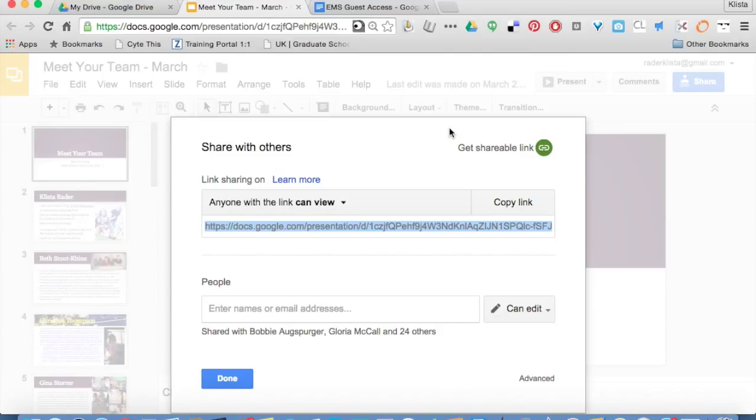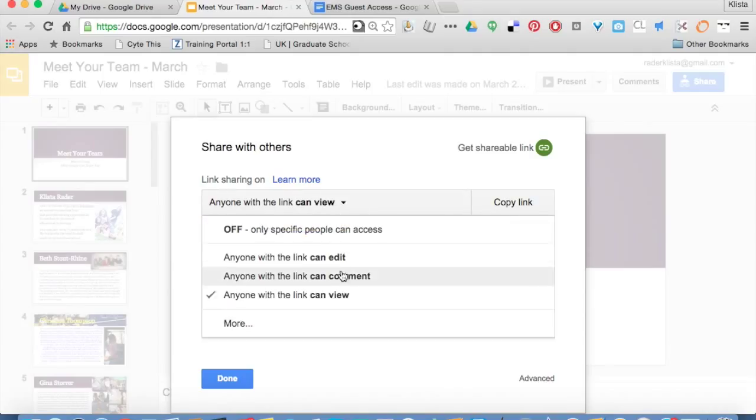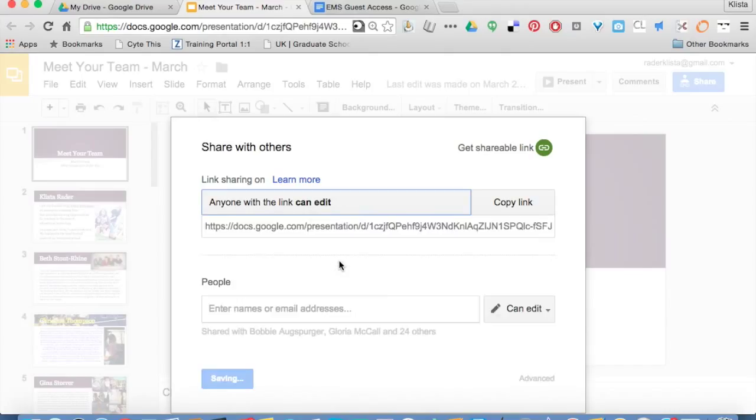Maybe it is using Google Classroom, maybe I put it into some other kind of learning management system, but whatever it might be, now they can access it with that. If I decide that I want this to be a document that anybody can edit, then I would just change it to that and then copy that link. So I have choices with this,